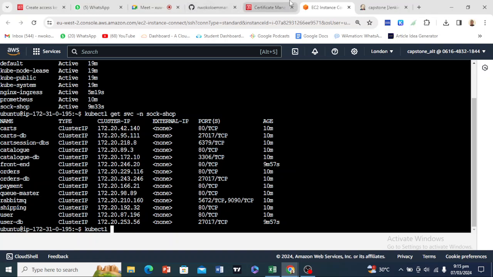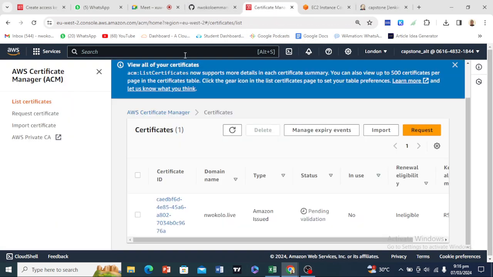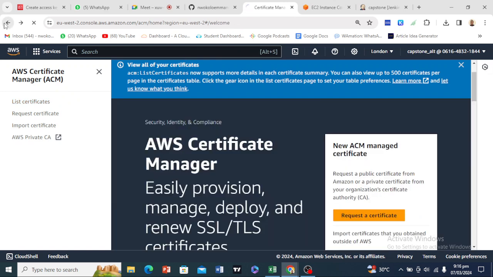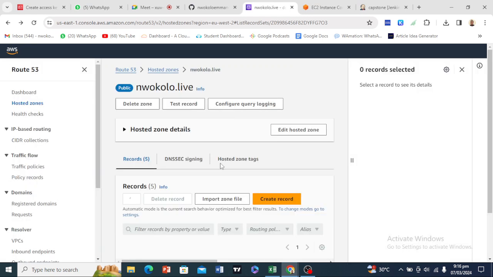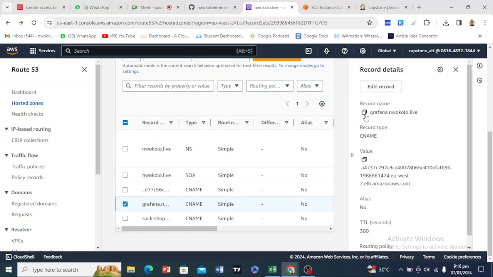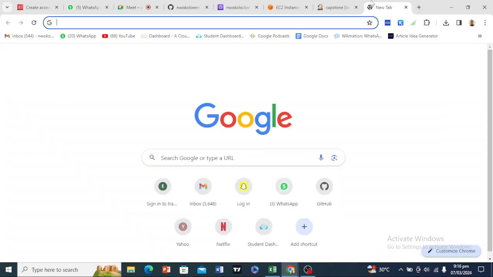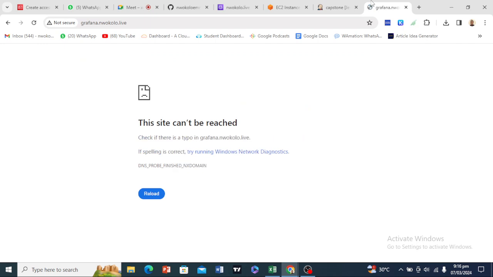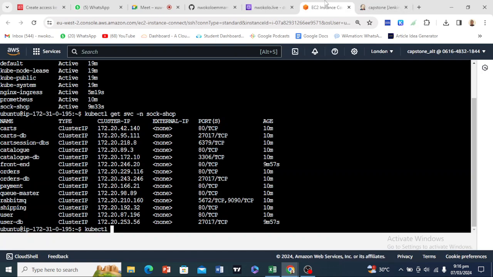If it was your own domain name, when you're done uploading or getting the name servers, the only thing you need to do is just to come over to your Route 53 and take this subdomain, grafana dot your domain name, whatever, and paste it in your browser. That is the only thing you need to do, right? You should be able to access Grafana from there. Are you getting me? But the reason my domain name isn't currently active, so that's the reason why I'm doing this manually. So kubectl get svc, and we do -n and we use Prometheus,